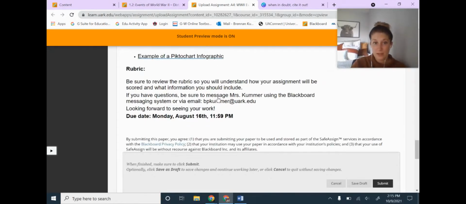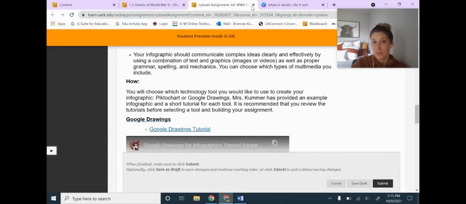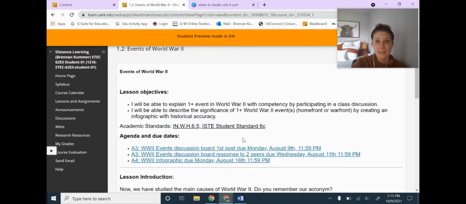So again, resources here to help the students, rubric there, and again, a reminder on the deadline. All right. And this is set up to where students are going to be evaluated so that they can't copy another person's work as well, to again, discourage plagiarism and cheating. So that is the second